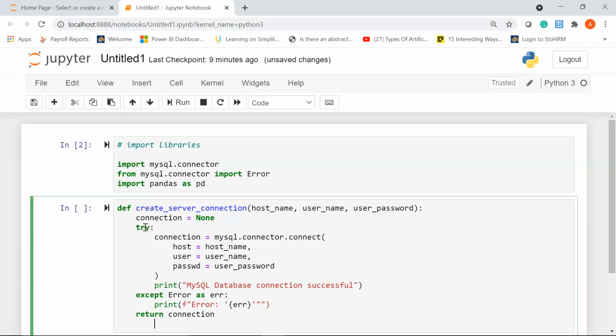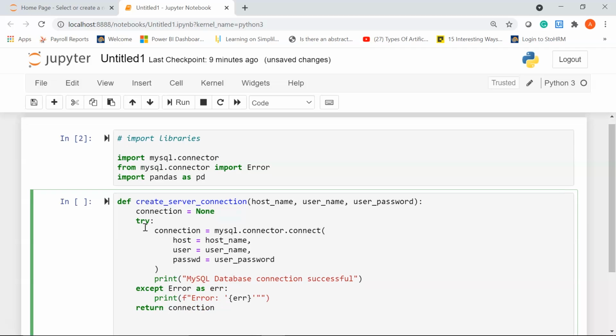Alright, let me give a comment here. We are going to assign our password, so we need to put our MySQL terminal password. This password you assign while installing MySQL Workbench.